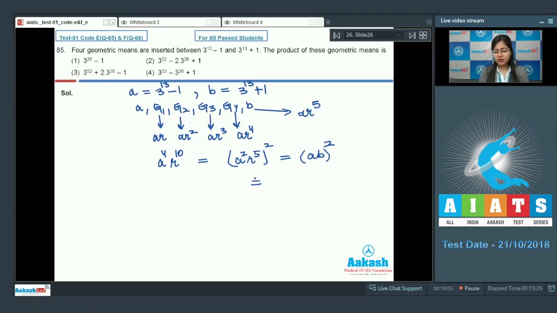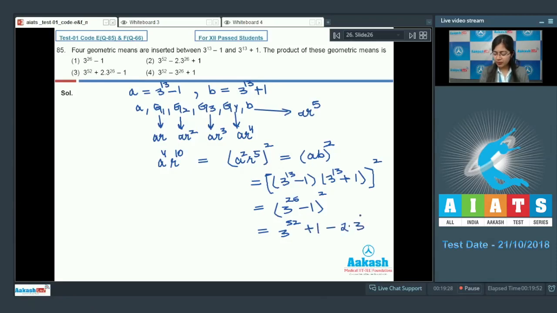So the answer of the given question will be equal to 3 raised to the power 13 minus 1 into 3 raised to the power 13 plus 1 whole square, right? So this is equal to a plus b into a minus b, that is a square minus b square, that is 3 raised to the power 26 minus 1 whole square, which will be equal to 3 raised to the power 52 plus 1 minus 2 times 3 raised to the power 26. So the correct answer of the question is option number